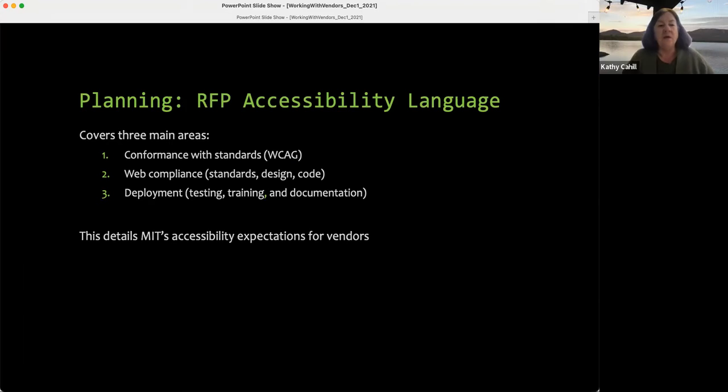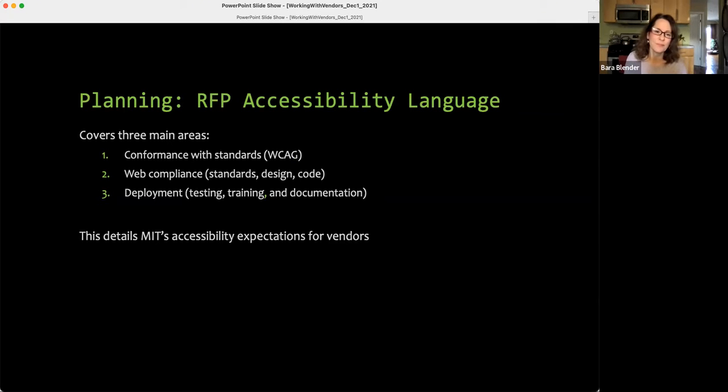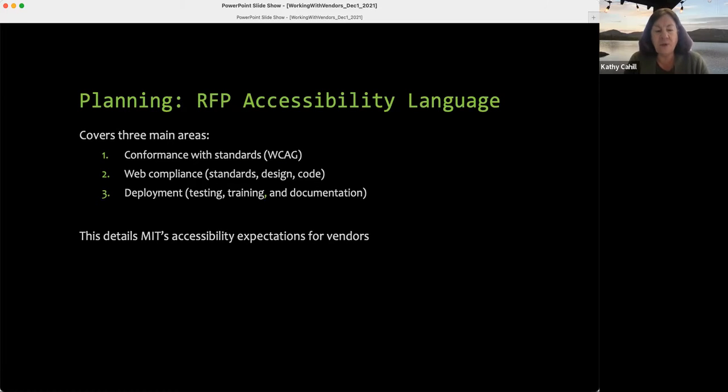Thanks, Bara. So the standard RFP that I believe both Bara's department and, if I'm not mistaken, Minerva's as well, contains some basic accessibility language included in it. And that is requiring digital accessibility in the product, and that it conforms to those web content accessibility guidelines standards that I mentioned earlier. It also includes information about